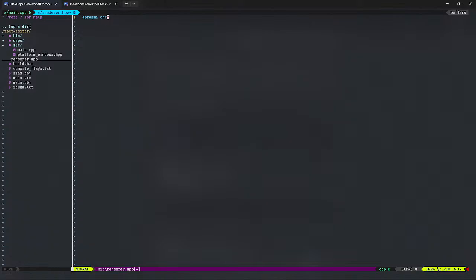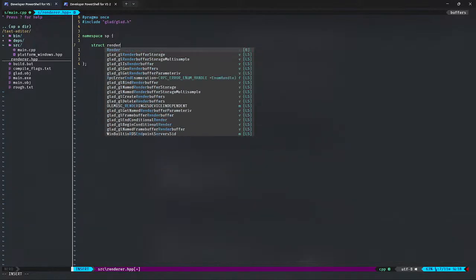Then namespace SP, because we want to keep everything in namespace SP. And I can include glad, right? And you can have a simple struct called render,